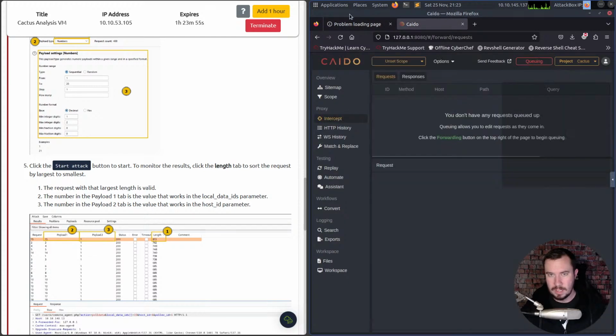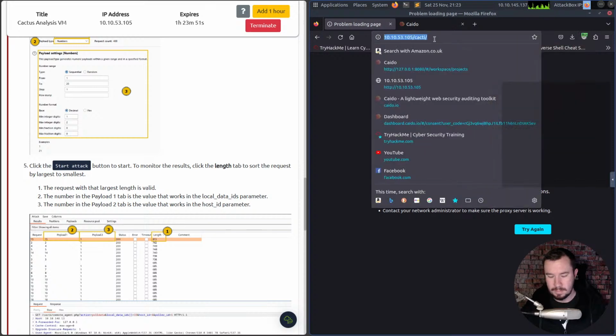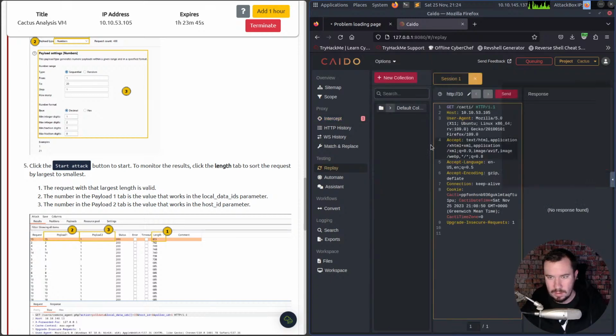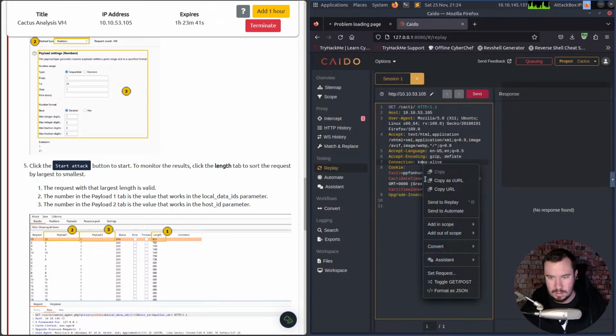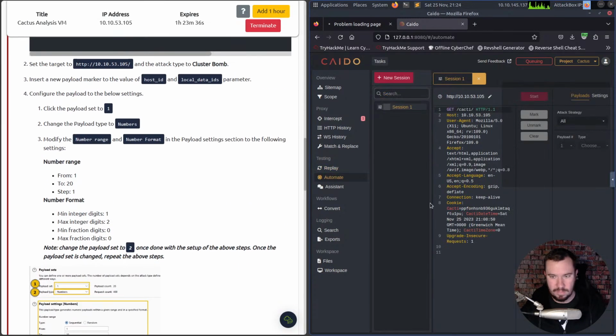So if we go to Intercept, Forward, turn Burp on, we have it right there. Beautiful. So we have it going well. And it looks like we're gonna send this over to automate, and we'll just take the same request that we had before,